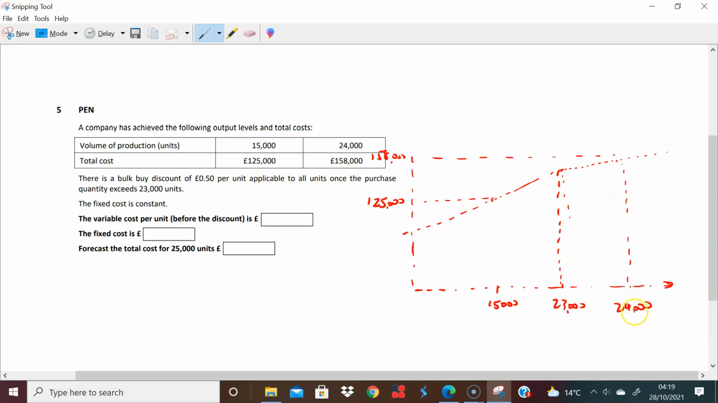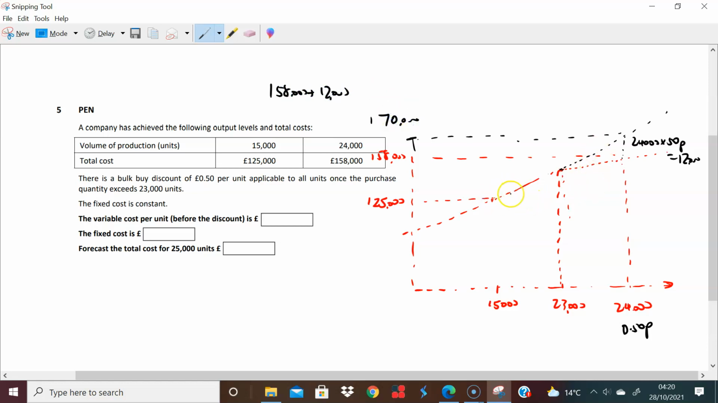So without the discount, this would have cost an extra 50p on every unit, right? Because what you have is a discount of 50p. If you hadn't given the discount, you'd have had a line that carried on straight, and then you would have had this extra bit here. That's the discount, really. So I can find what that is. Remember, all I'm trying to do is find the variable cost: every time I produce one unit, how much does the variable cost increase by? So I can find the situation before the discount. This amount here is 24,000 times the 50p, which is equal to 12,000. So in effect, this cost over here is 158,000 plus 12,000,